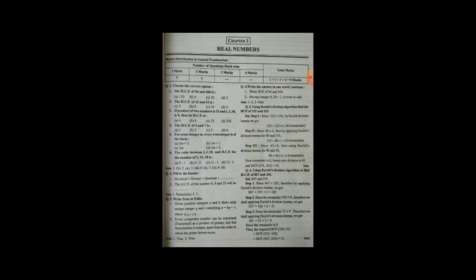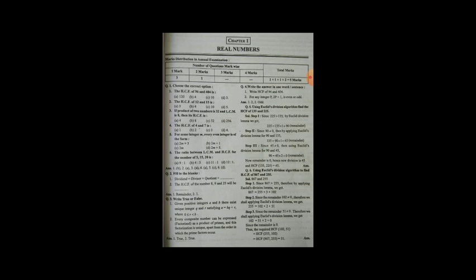So the HCF of these three numbers will be 1 only. Right, true or false? Given positive integers a and b, there exists a unique integer q and r satisfying a is equal to bq plus r, where r is ranging between 0 to b. Now here it is also a remainder theorem. So a is equal to bq plus r is true only for the statement where r is ranging between 0 to b. So this statement is true.